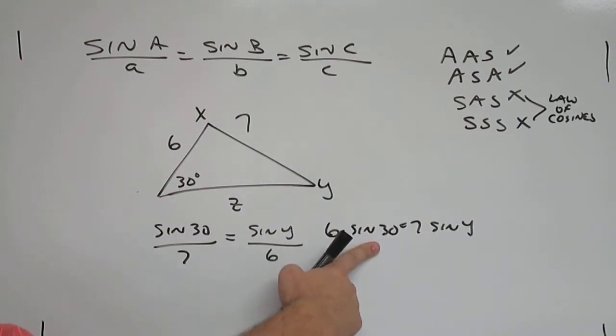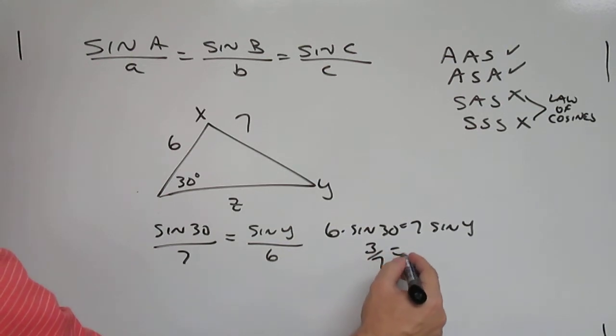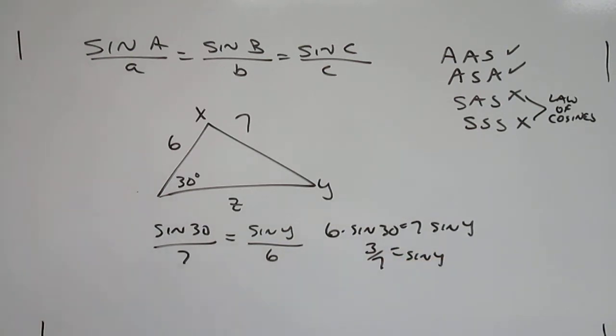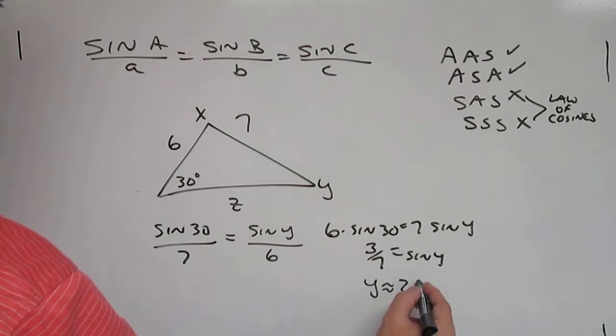And this would give me 1/2 times 6, or 3, divided by 7. And so if I put in my calculator and do the inverse sine of 3/7, I get that y is approximately equal to